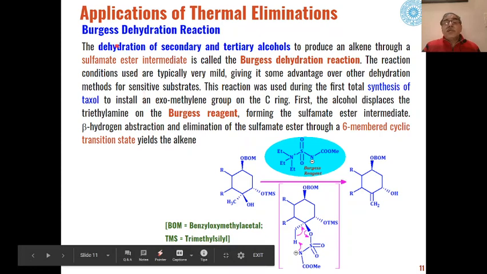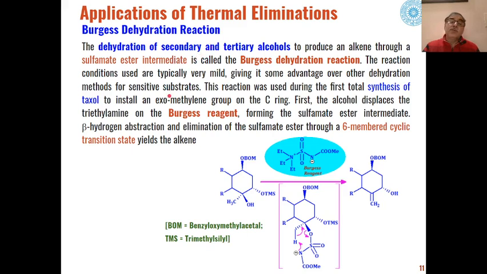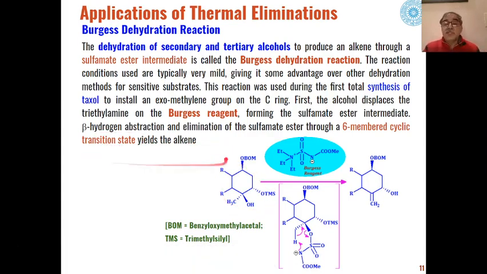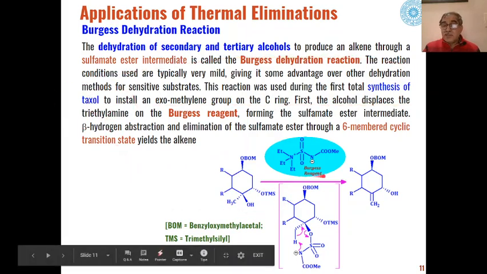Then one more important thermal elimination is the Burgess dehydration reaction. Through this dehydration reaction, secondary or tertiary alcohols can produce alkenes through pyrolytic elimination. These sulfamate esters act as intermediates in the Burgess dehydration reaction. What happens is, when these types of tertiary alcohols, which are an intermediate in the synthesis of Taxol, are treated with Burgess reagent,